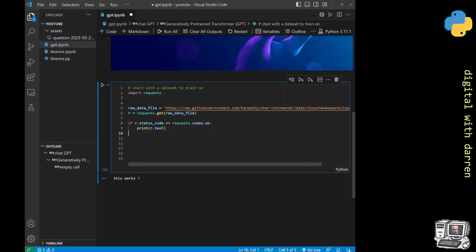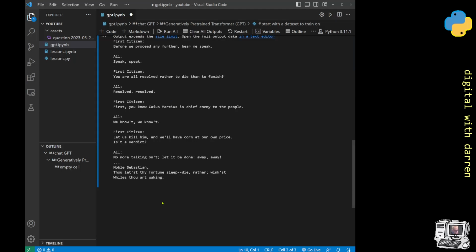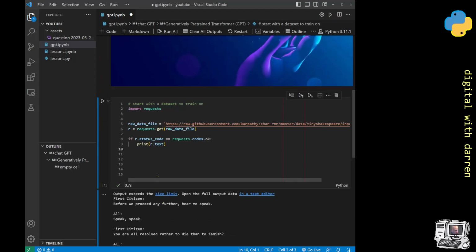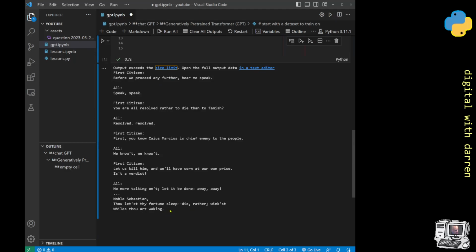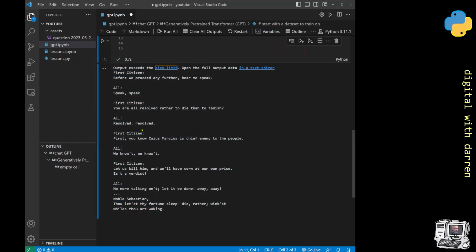That looks a bit better. So let's have a look and see if we get something back. Yeah, there we go. Okay, so that's the first part of it. We've got some text in there. Obviously this says output exceeds the size limit. The limit for the number of lines that you can have, I think, is about 30 over here. And obviously it's like hundreds